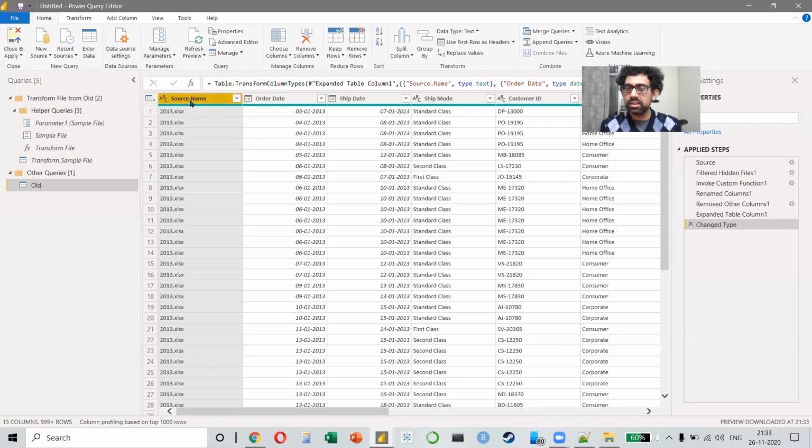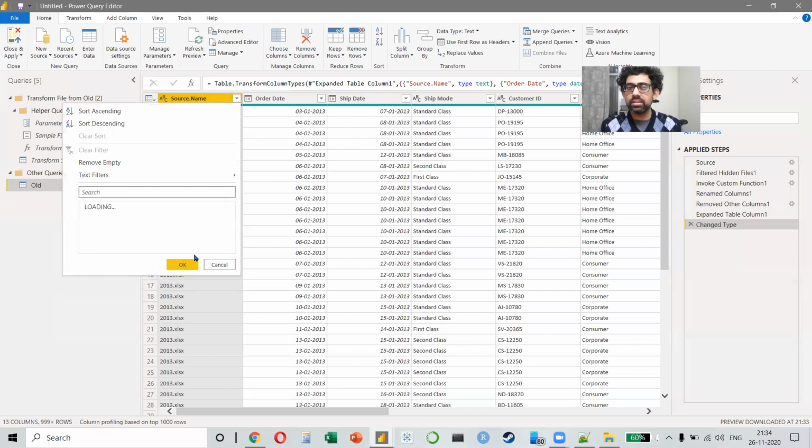And in this, do you see the first column, Source.Name? What is this column? This column is not coming from the data. Remember, our data started with order date, ship date. This column has been created right now because it is telling us which file the row is coming from. Like this is from 13. But then how do you know that the 3 years have been combined? When I click here, it tells me 13, 14, 15. How cool is that? Without having to open even a single file, without any copy paste, I managed to combine the data from all the 3 files into a single master data set.